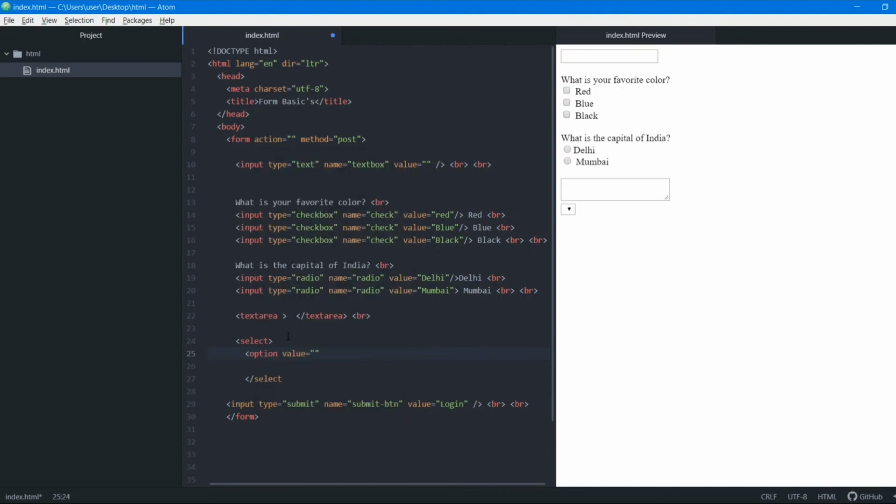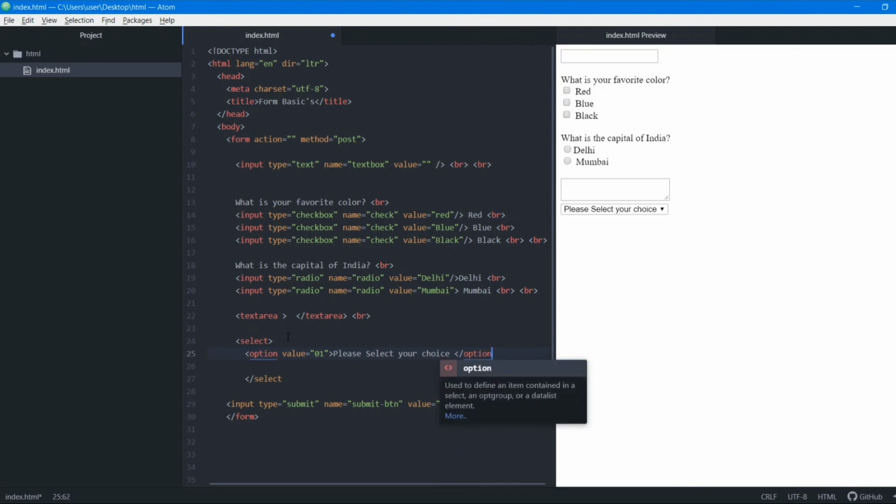This is our first drop down option, so we'll give it a value of 01. We'll close it, and here we'll write please select your choice, and close off this option tag.